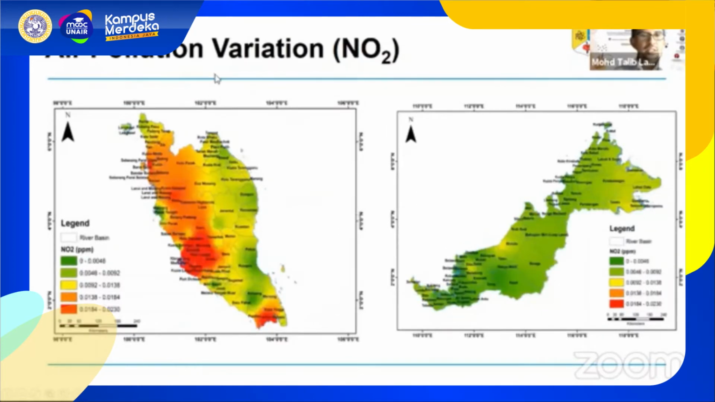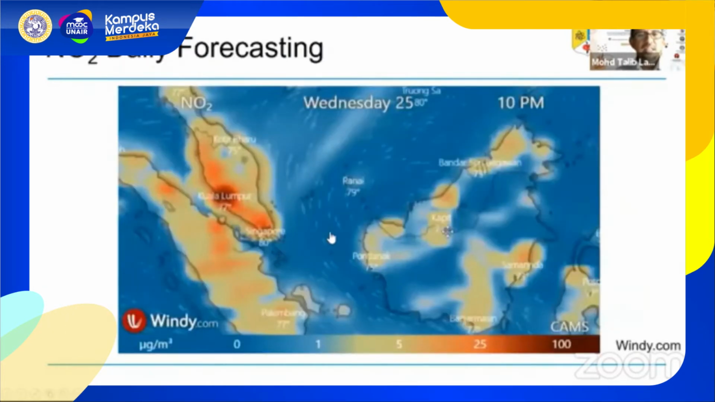And this one is the variation of NO2. NO2 is usually related to motor vehicles. The highest is still here, and then going up to Penang, and also here Johor Bahru. Sabah and Sarawak are still considered clean. If you can see the level of particulate matter as well as NO2 here,